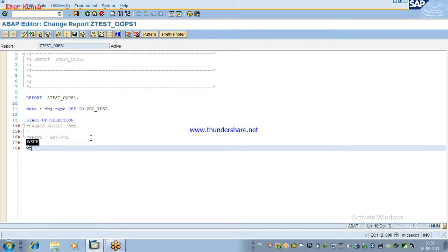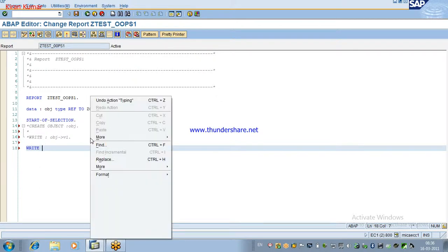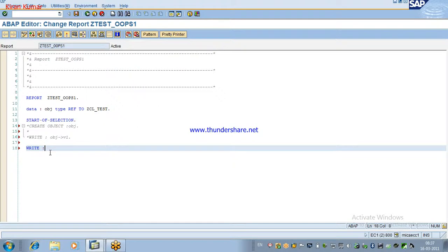So then what I can say is write ZCL underscore test, this is a class name, double arrow V4. V4 is a static attribute, correct? This is static public. So this is also true.